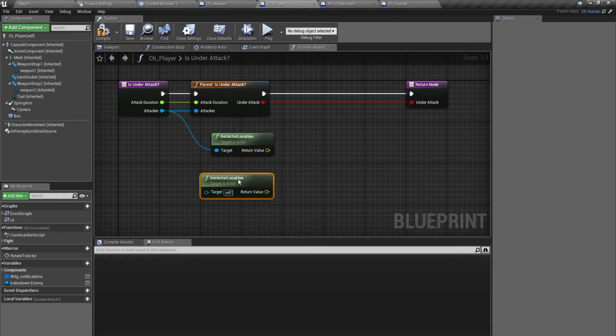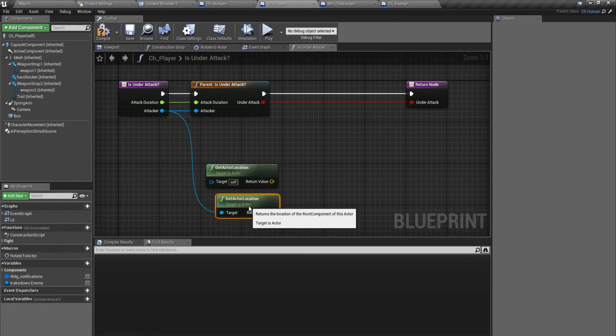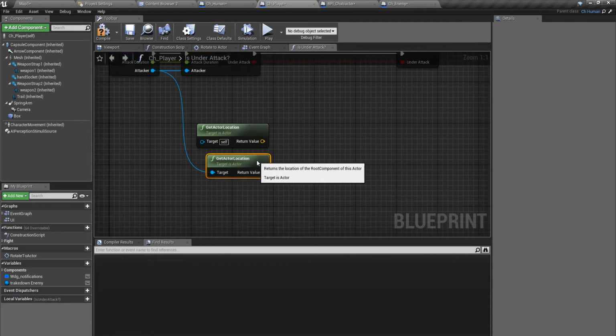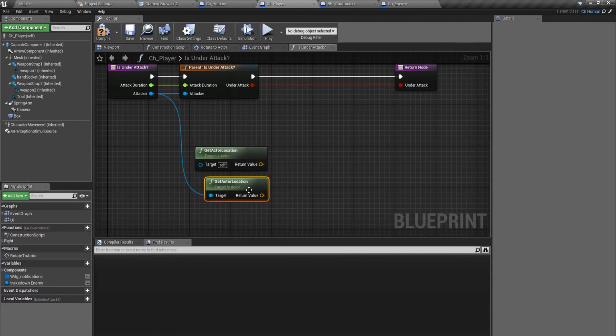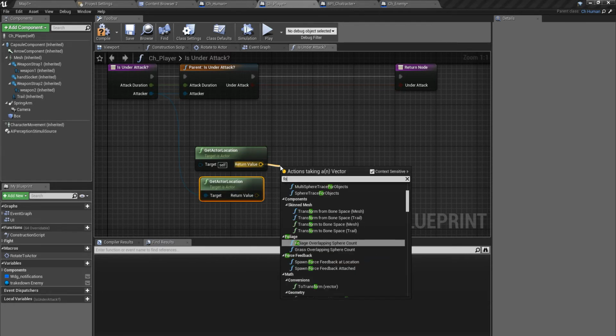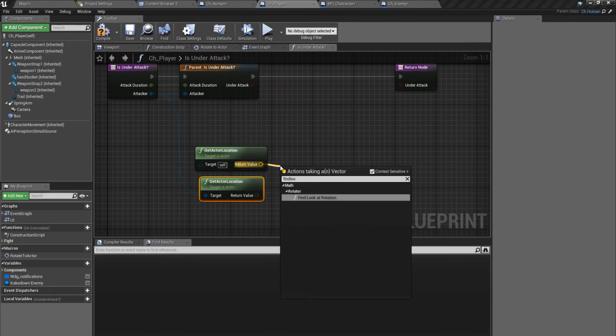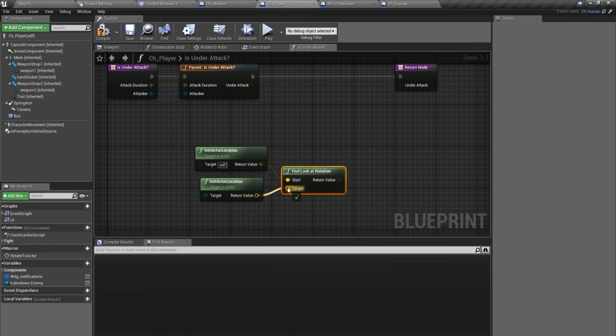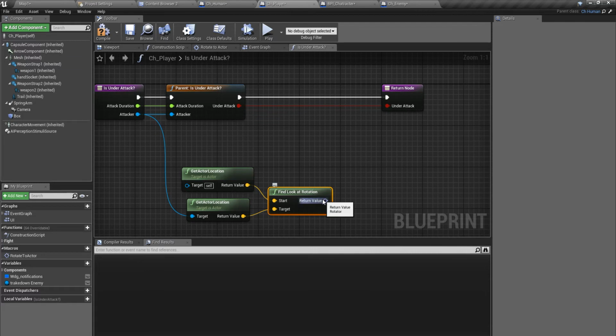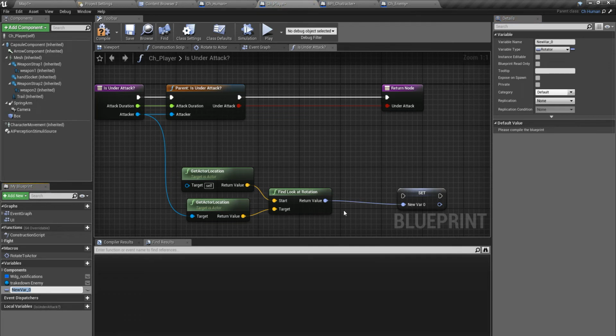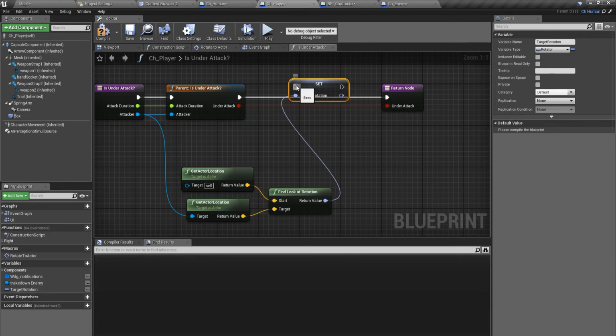What I'm going to do is I'm going to find the rotation to look at that attacker who's going to attack me. So I can use this find look at rotation. Okay, and right now I'll promote this to a variable, target rotation, I'll call it. Okay, so now